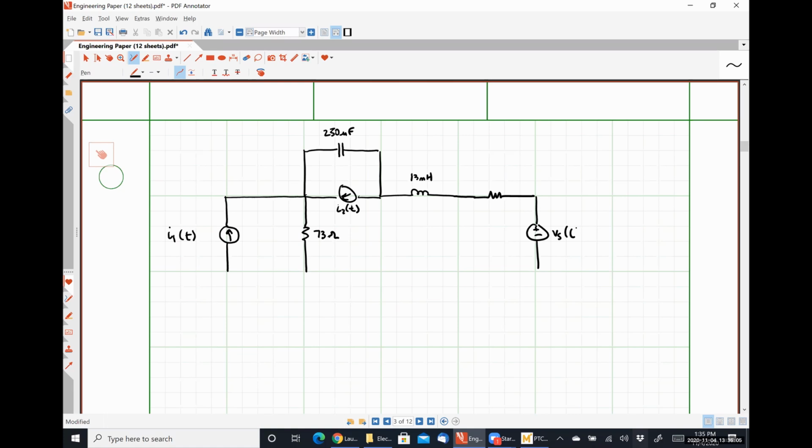Call this guy ES of t. This is a 10 ohm resistor. We're trying to find this current I of t,